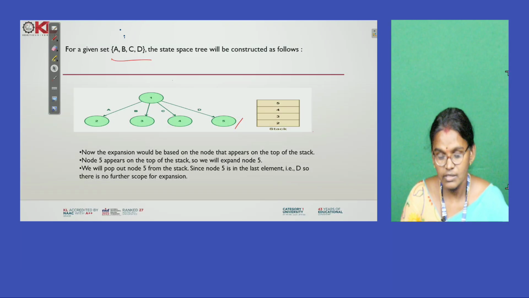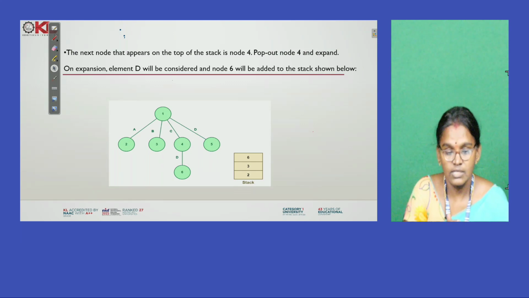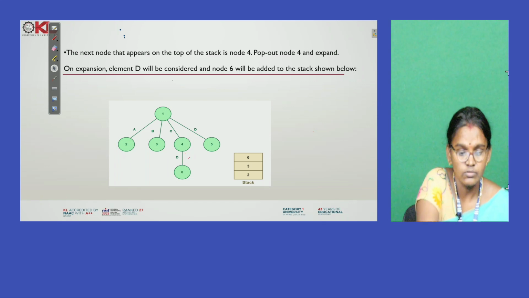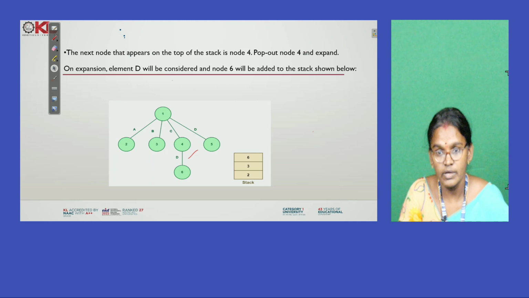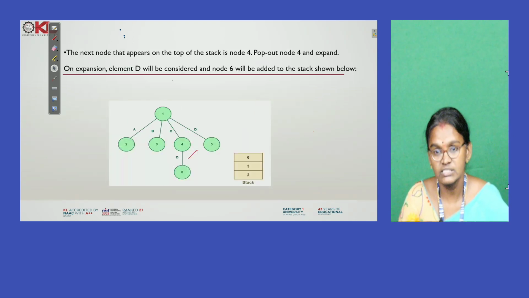So in this, are any extensions possible? First, find out. Here the node is C, so 4. Whenever it is implemented, extension is possible. Automatically 5 is removed. Here the top element is 4, so extension is possible.